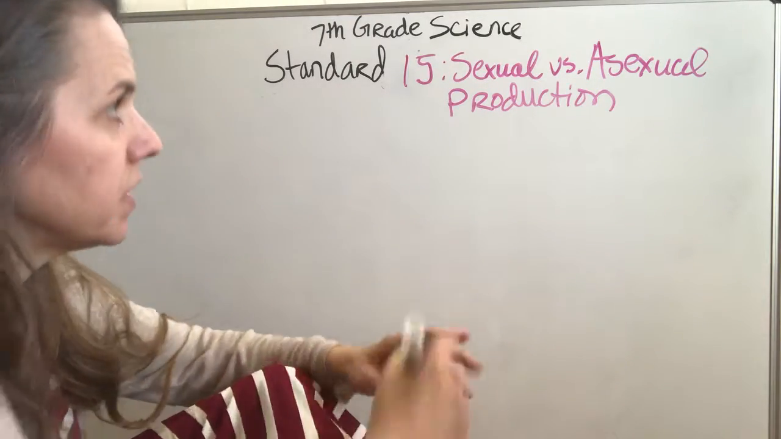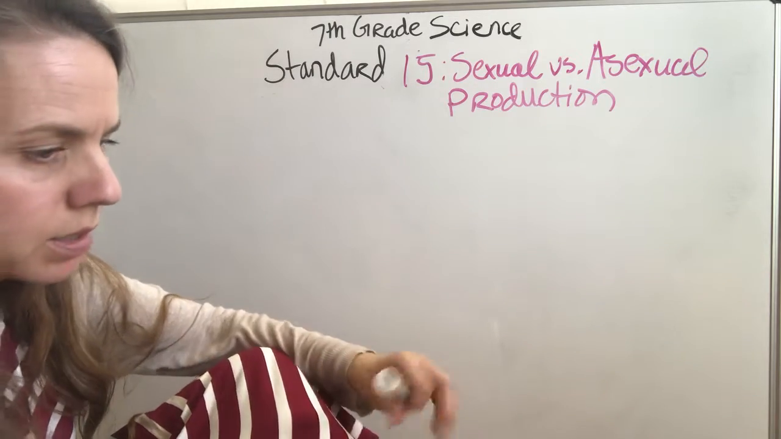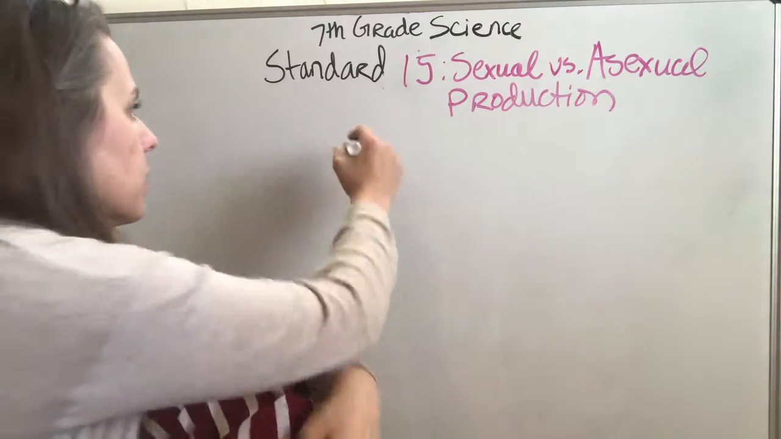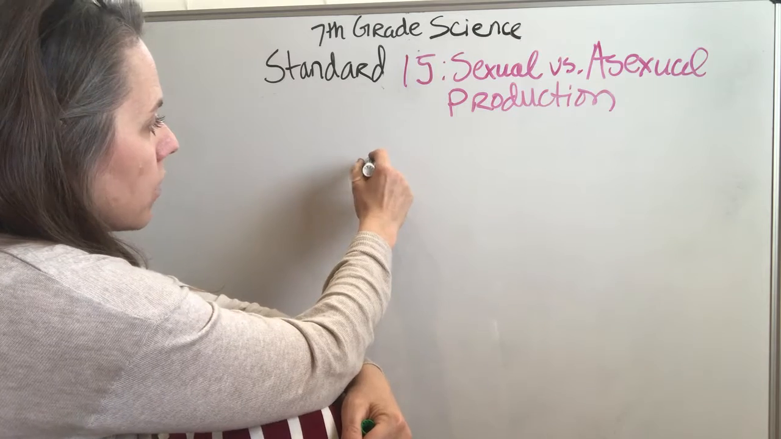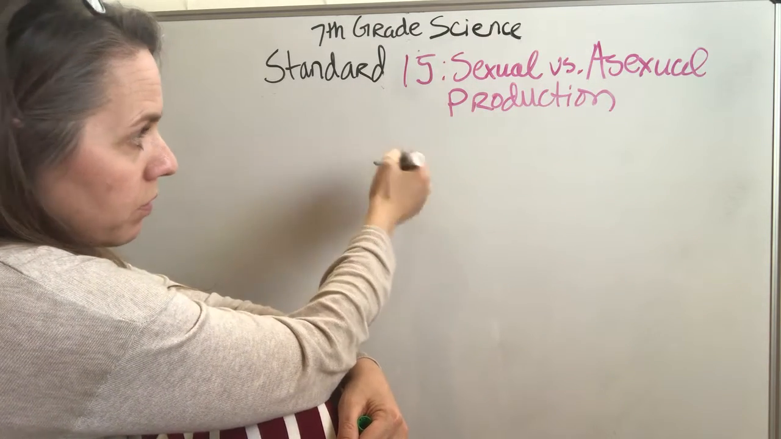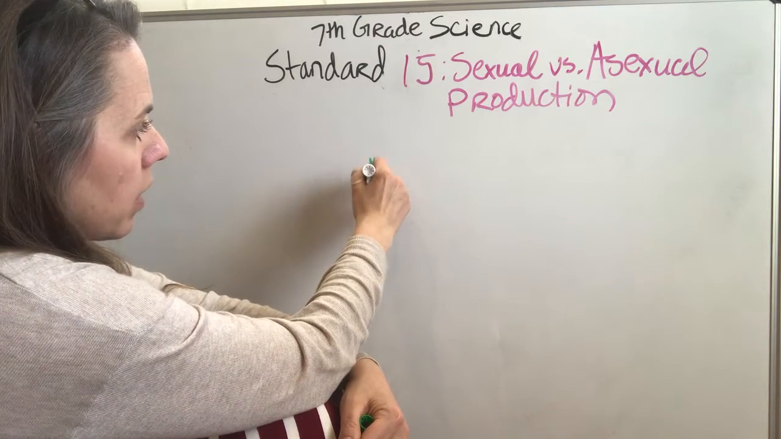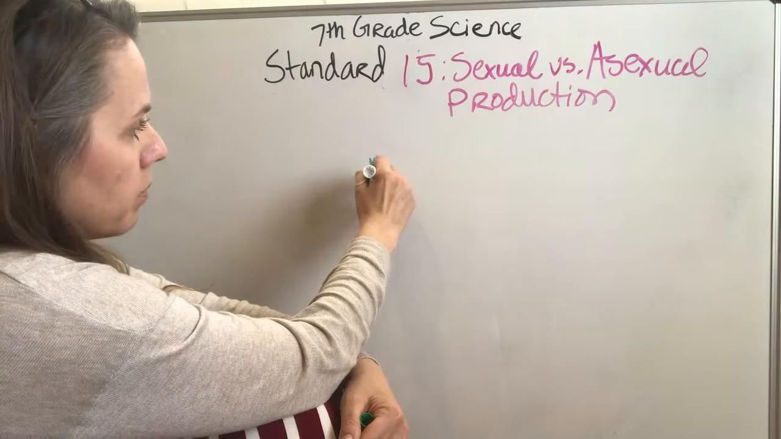This is Standard 15, sexual versus asexual reproduction. And in this one, we started out with dissecting plants. For a flower, or a plant, to reproduce, it has parts to it. So it had a pistil,